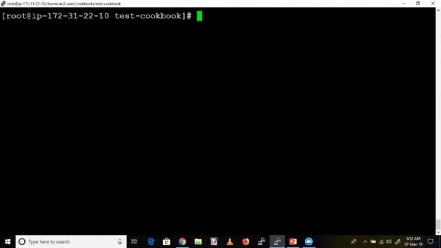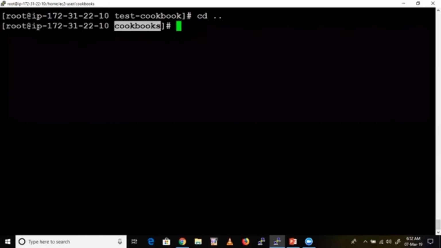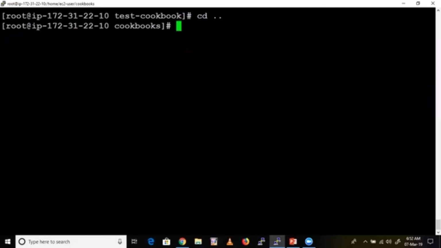Now let's open that recipe and put some more content. We need to give the path, right? So first come out. Only while creating a recipe do you need to be inside this cookbook. Each and every command you need to run outside of that cookbook. So let's open that recipe. vi, and we need to give the path: test cookbook, inside the recipes folder, we have created a recipe called demo-recipe. You can make use of the tab key. Enter.